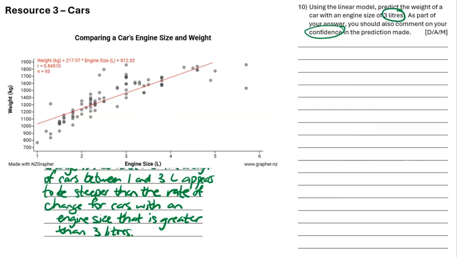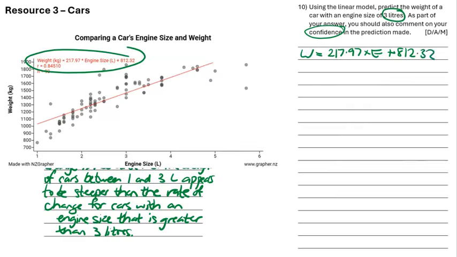So first step, and this is actually the achieve part of the mark, is coming up with your prediction. So by writing this down, let's convert that into a sentence. That basically is telling us you can calculate the weight of a car by doing 217.97 times, I'll write E for engine size. And then once you've done that, if you add on 812.32. So if you take away the E, substitute and evaluate the whole expression, you'll have a prediction for our